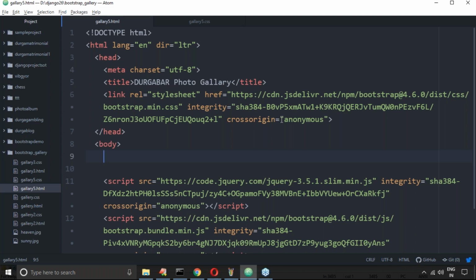Highly recommended. In the JavaScript part I will discuss the impact of this: if I take JavaScript at the beginning, at the end, or in the middle, what is the difference? That part I will take care of. But as of now, it's good programming practice to keep these two CDNs at the last.